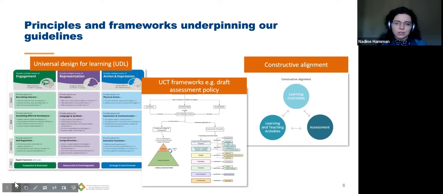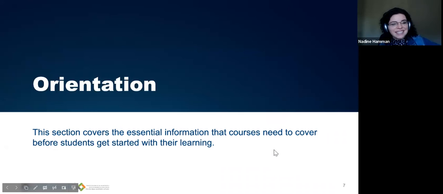I'm briefly going to talk us through the first section, which is orientation. And this section covers the essential information that courses need to cover before students get started with their learning. We have identified a few things, so there are a few questions, but